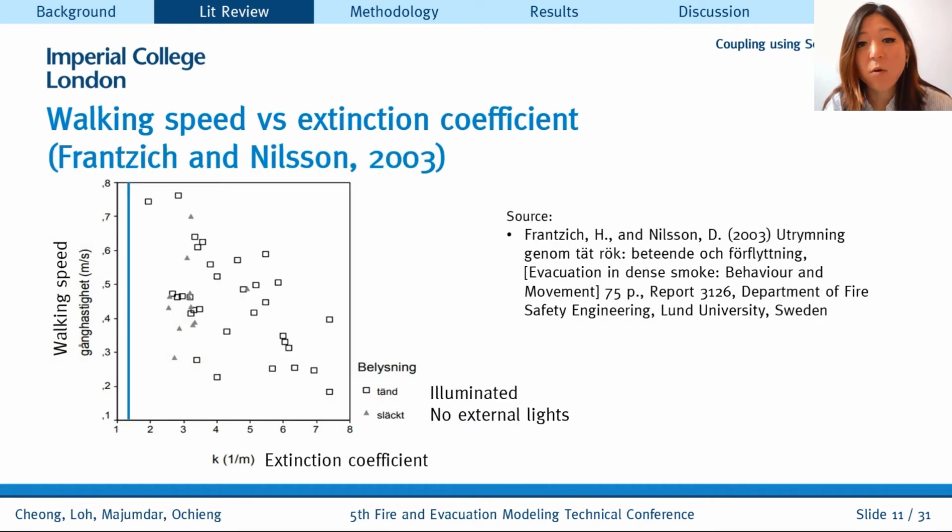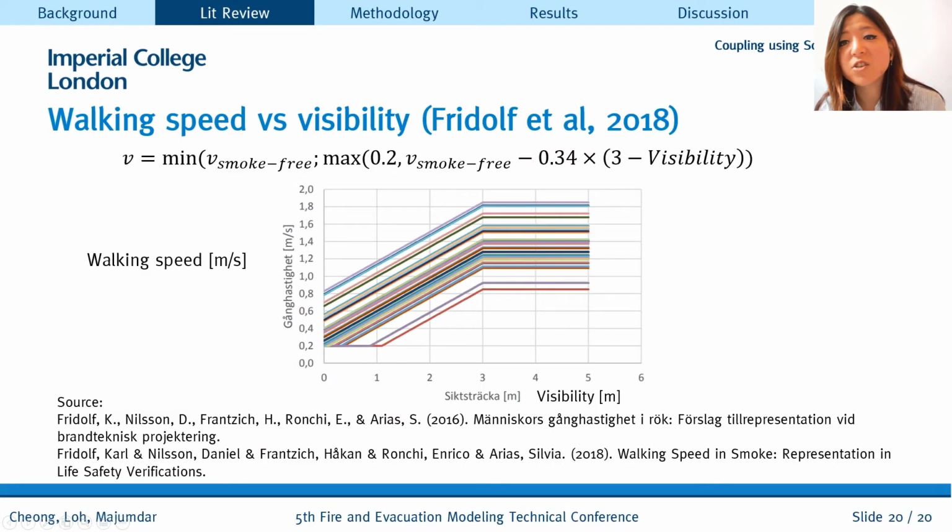An update or an alternative relationship study based on experiments has been carried out by Frantzich and Nilsson in 2003, where they have considered extinction coefficient of higher than 1.2 per meter. In other words, for much lower visibility conditions. These data sets have been converted into a formula by Frantzich and others. The relationship calculates the